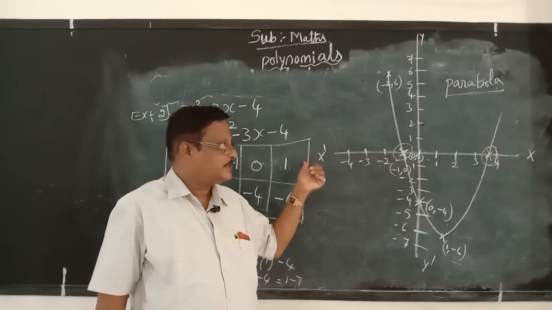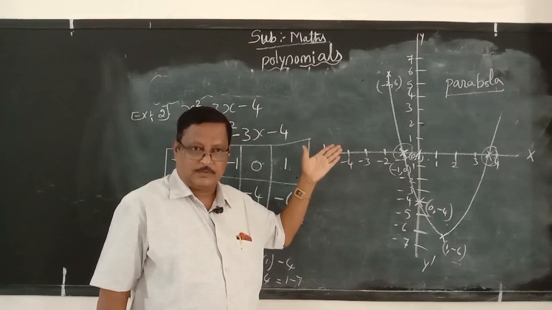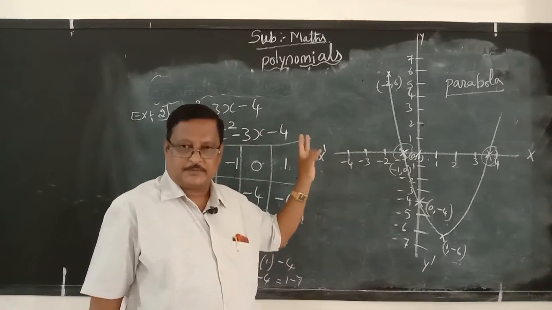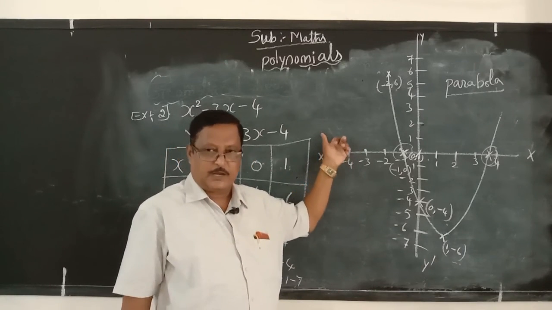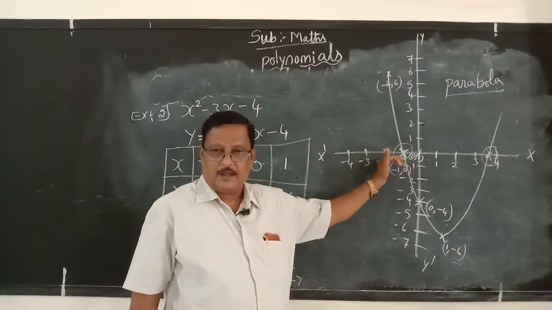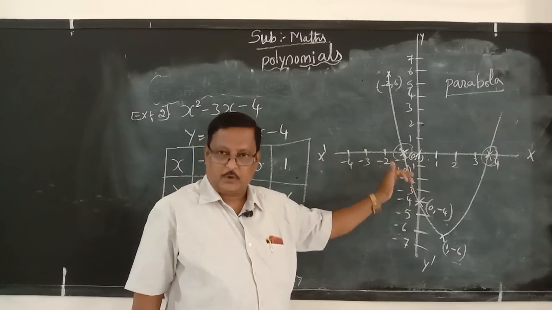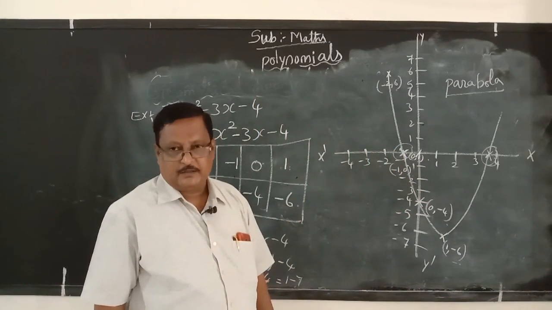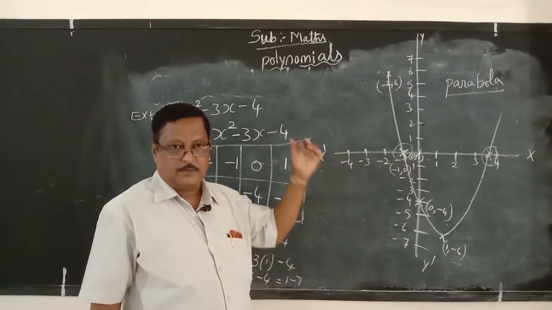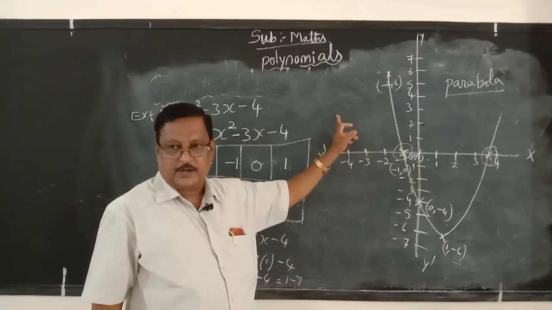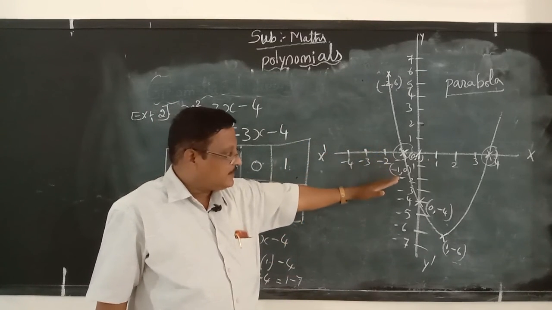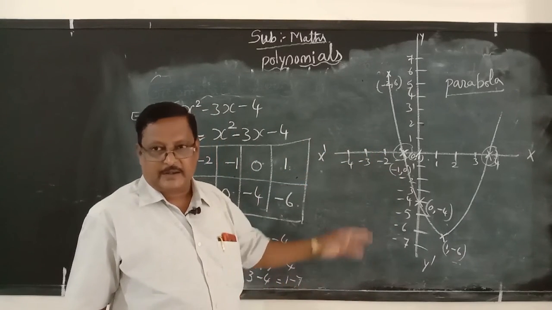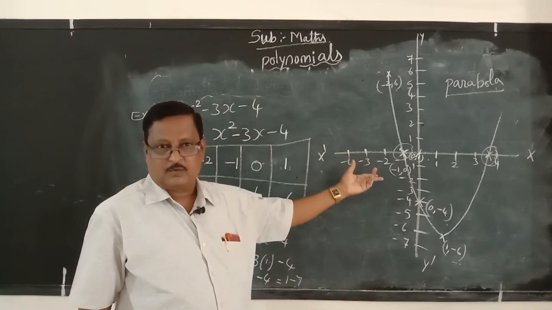Okay students, this is the class about polynomials, degrees of a polynomial, types of polynomials. In the types of polynomials, linear polynomial, quadratic polynomial, cubic polynomial. In the geometrical meaning of polynomials, the first one is linear polynomial, the second one is quadratic polynomial. This ends the class. Next class we will start cubic polynomial and the remaining part of the quadratic polynomial.